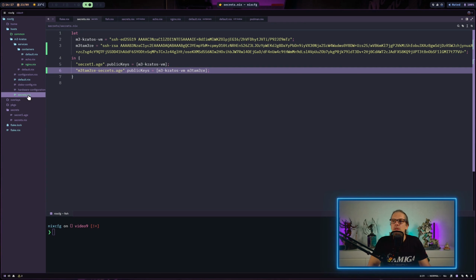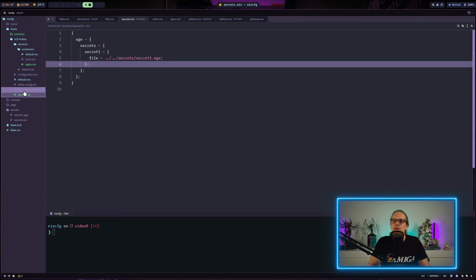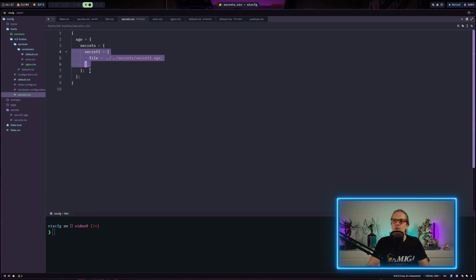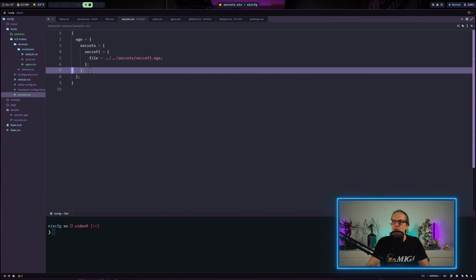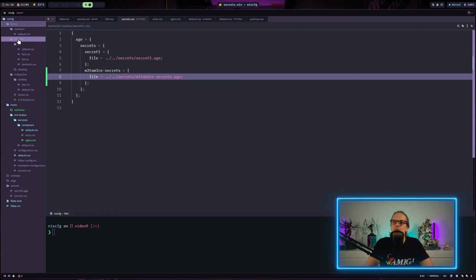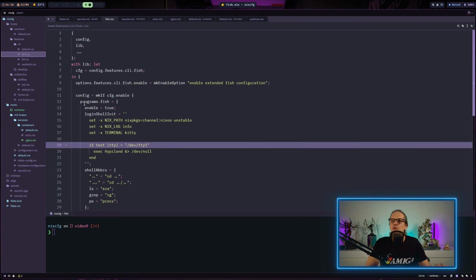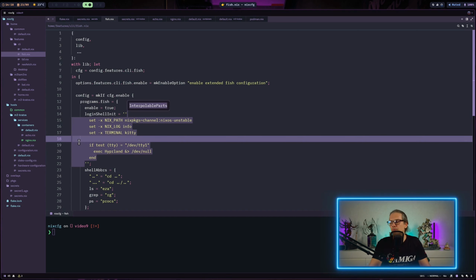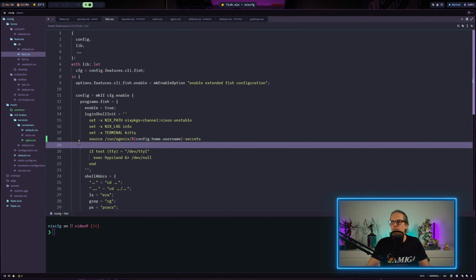And now I need to get to the secrets.nix file on our host configuration here. I will just copy this here and of course change the file name. And now I will go to my home folder under features CLI for my fish configuration. I will just source this file here, and